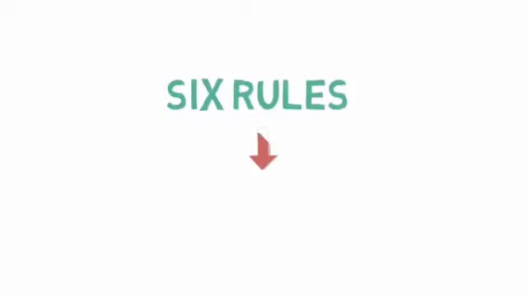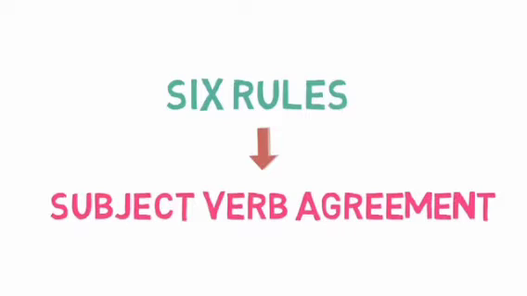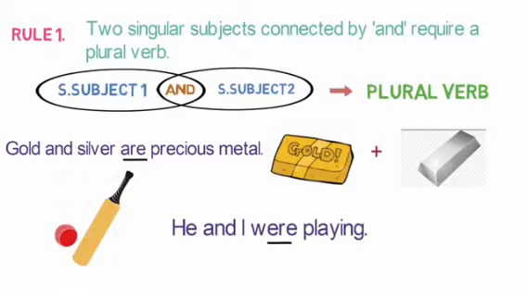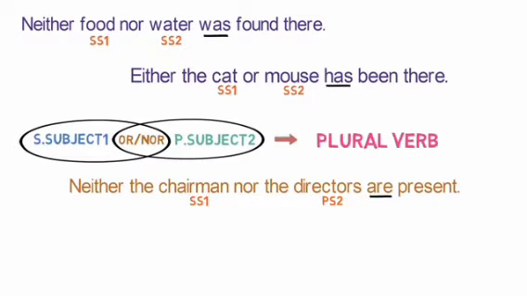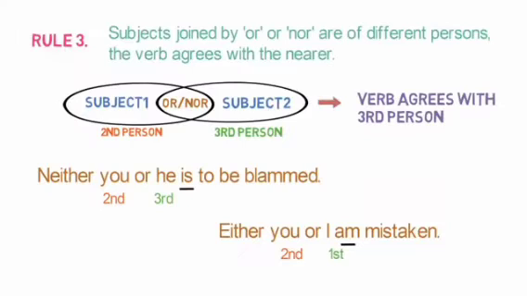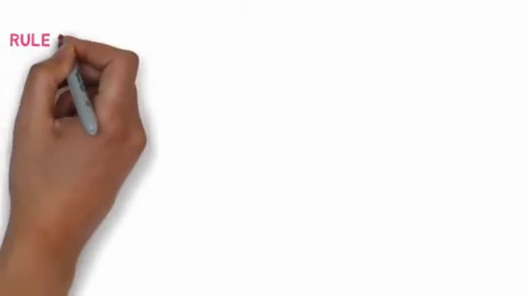Now I'm going to be discussing rules about subject-verb agreement. Pause the video to read more on these rules. Rule number 1, two singular subjects connected by and require a plural verb. Rule number 2, if a subject is connected by or, nor, and they are the same person, then use a plural verb. Rule number 3, if the subjects joined by or, nor are of different persons, the verb should agree with the nearer subject. Rule number 4,